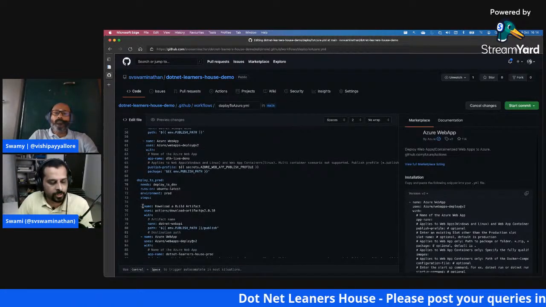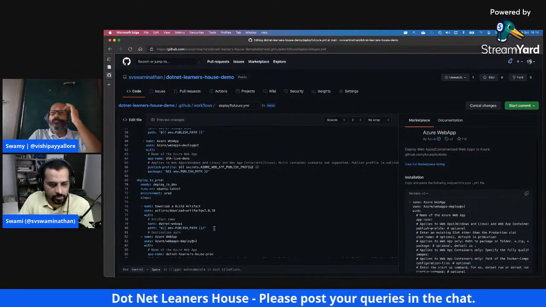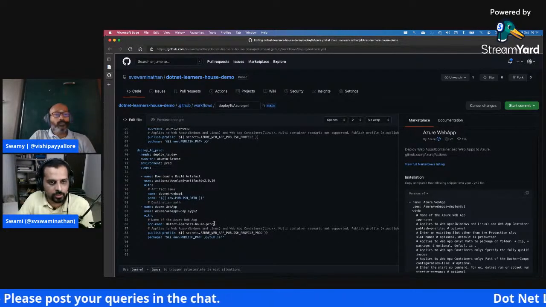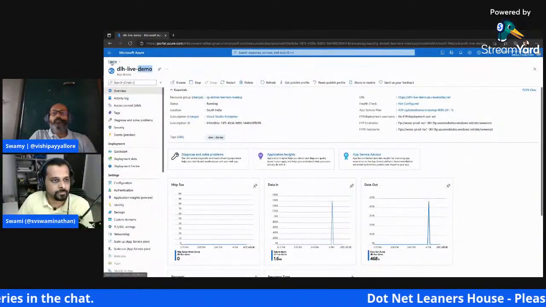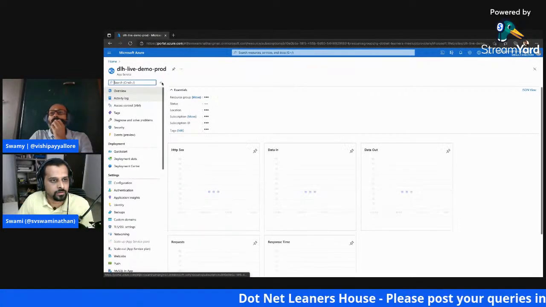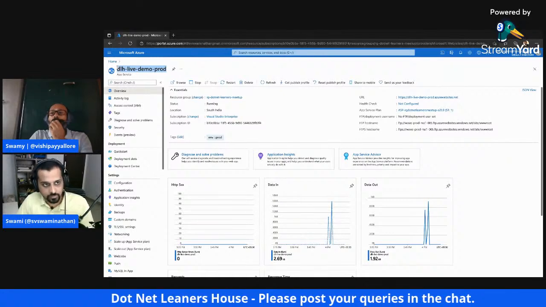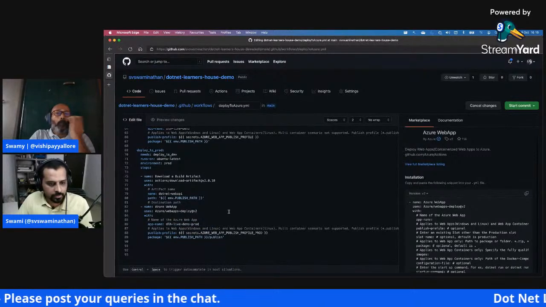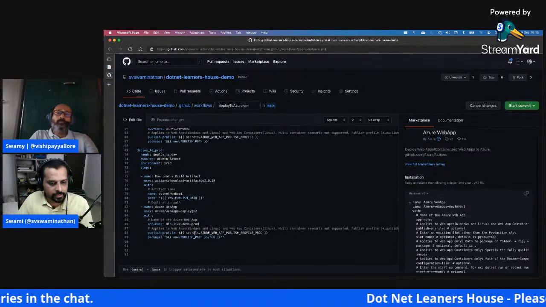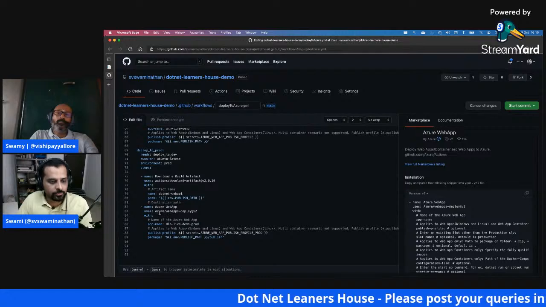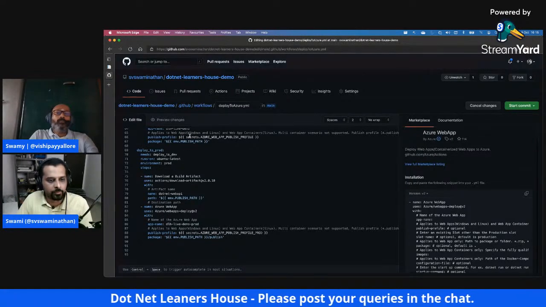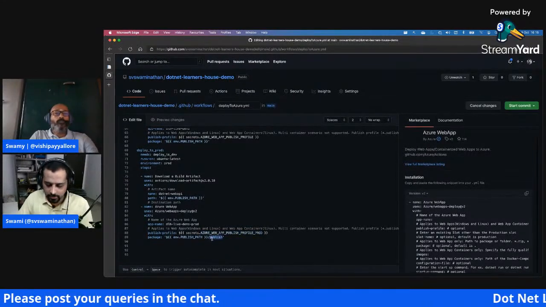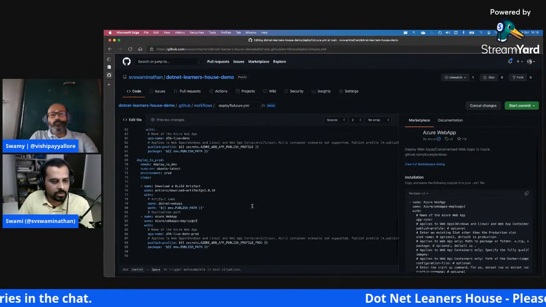Again, same thing. I'm trying to download the artifact, and I think the path I would need to change a little bit. Then I'm trying to do the web app deployment, and this name also I would need to change to DLH live demo prod. And this is the published profile secret. So this secret, like I said, is applicable only in this environment. If you try to use this secret somewhere else, like in the previous deployment step, it is going to fail because this secret is set up at that particular environment. And the package also, I believe this should be the right package. And yeah, that's about it.